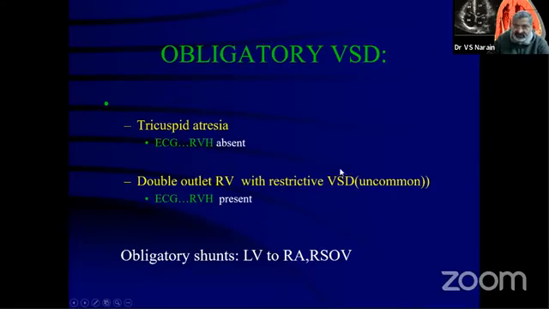A murmur is heard when you have a restrictive ventricular septal defect. How do you differentiate between the two? If you have an ECG which is showing RVH, you're dealing with